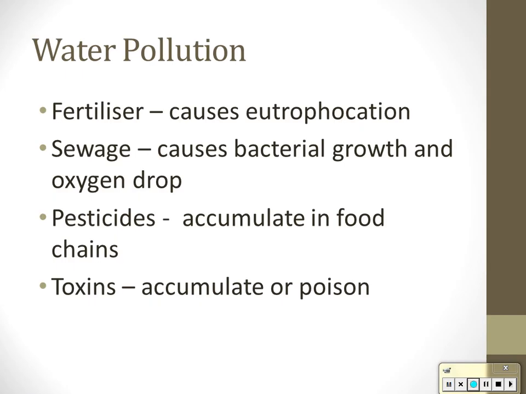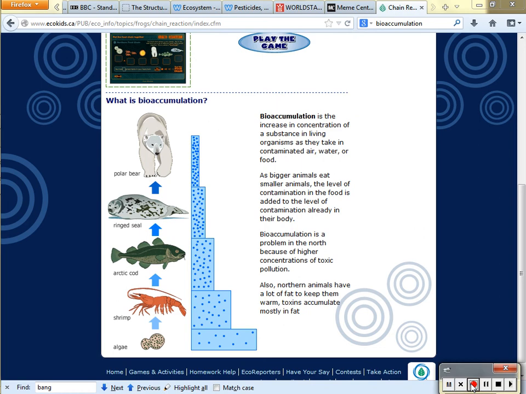Pesticides. While we use pesticides, they may not necessarily break down quickly, and they can accumulate in food chains, and we call that bioaccumulation. Bioaccumulation is when little drops build up into big drops, and I'll show you how. Let's say you wanted to kill algae on a beach. So you pour some poison in that kills the algae. Now each algae has 1, 2, 3, 4, 5, 6, 7, 8, 9, 10 little drops of poison in them. And 10 little drops is deadly to the algae, but it does nothing to you and me, so we can swim in the ocean fine.